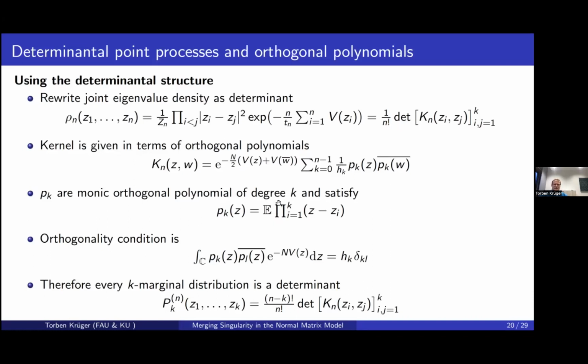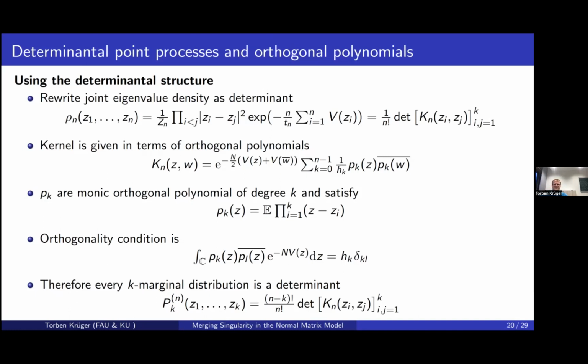So this is the density. So this is the expectation with respect to the Gibbs measure. And then these orthogonal polynomials satisfy some orthogonality condition with respect to this measure that has the confining potential in here. And then, of course, the k-point marginal distribution will again be just the determinant over this kernel with only k entries. So that's the typical setup for